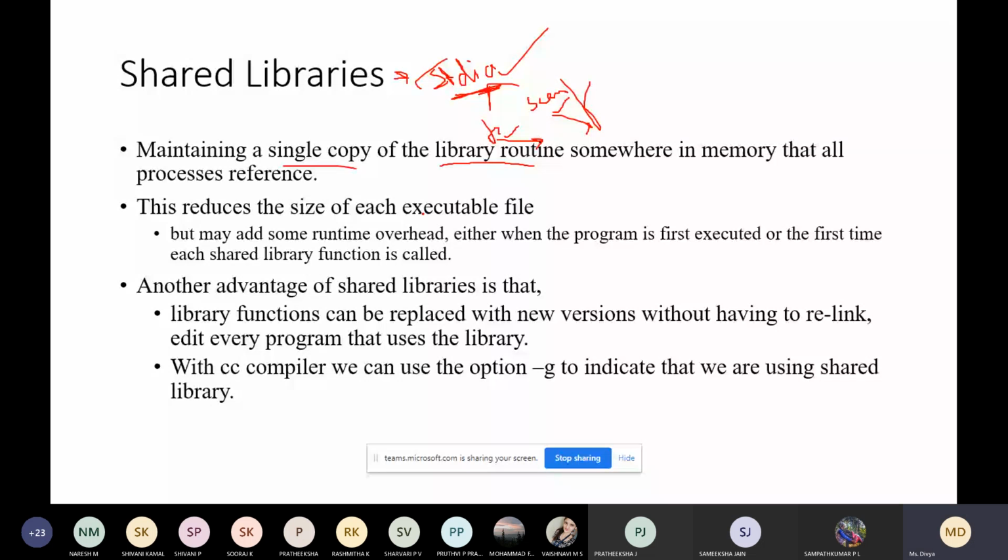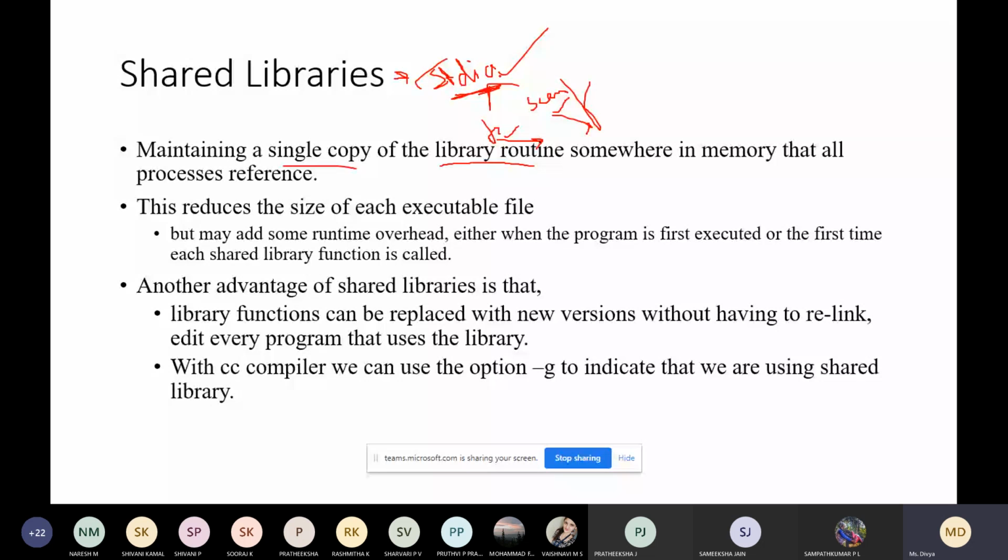One disadvantage is it may add some runtime overhead. Some amount of time may be wasted either when the program is first executed or the first time each shared library is called. Whenever you are executing the program for the first time, your program needs to get connected to this library.